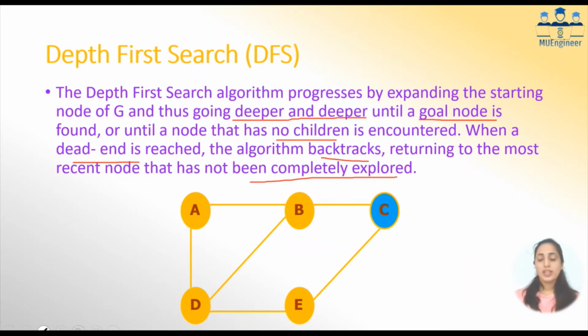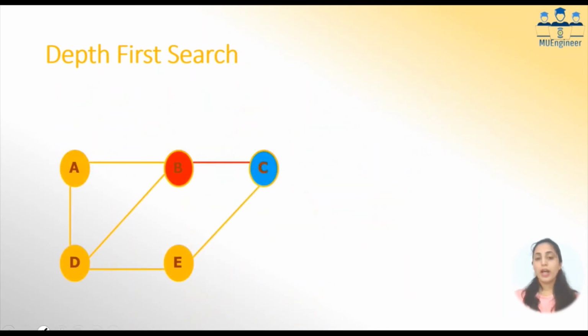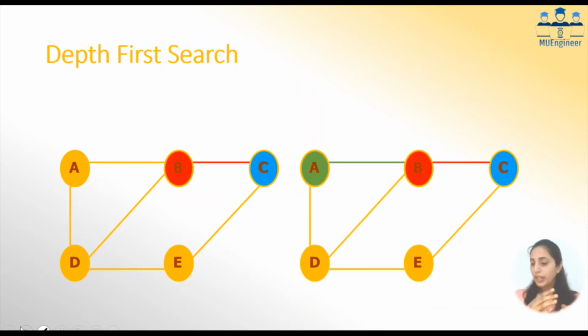So let's understand this DFS with a small diagram. Suppose I'm going to start with node C. What will I do? There are two adjacent nodes to C, but I will not go to both of them first. I will go to only one neighbor of C, say for example B. Now after going to B, I should go to neighbors of B. B has many neighbors, but I will go only to one neighbor of B, say for example A. Then for A, I have many other neighbors, but I'll try to find any other neighbor which is not yet explored, like say D.